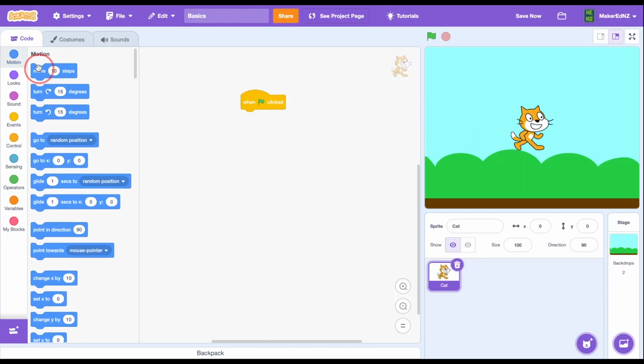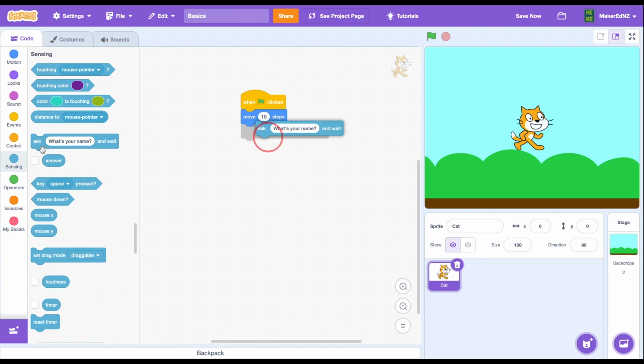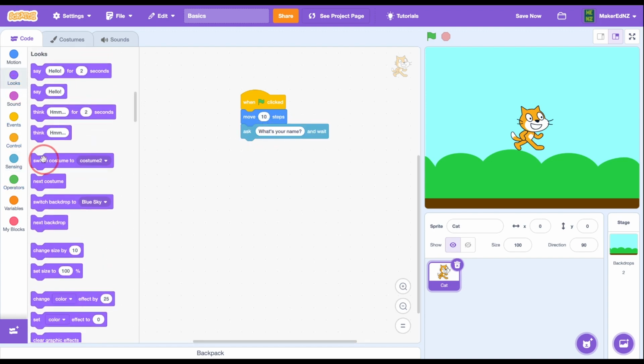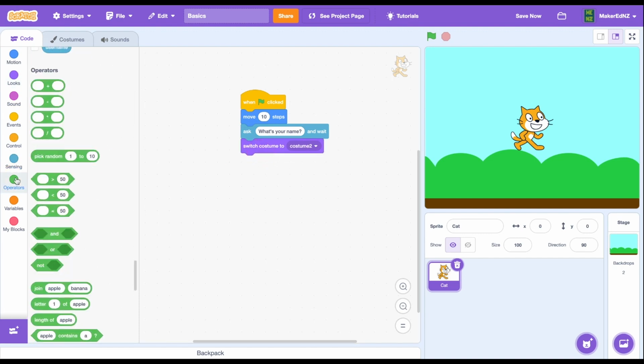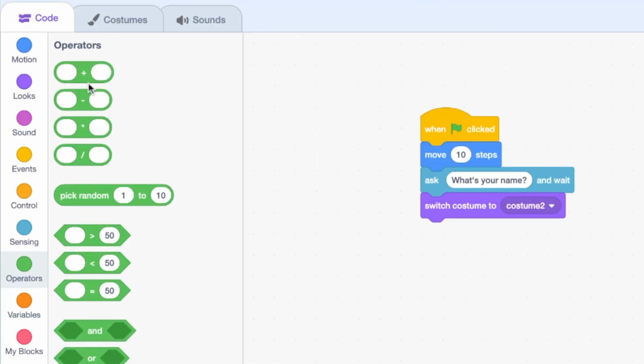Now I connect things by dragging them in, and you'll see they snap in like that. And I can snap in a bunch of different things. Now you'll notice some of them do not actually have the ability to snap into anything. For example, these ones are all rounded. They don't have this little bit on the bottom. These rounded ones actually can go into the rounded areas, and even